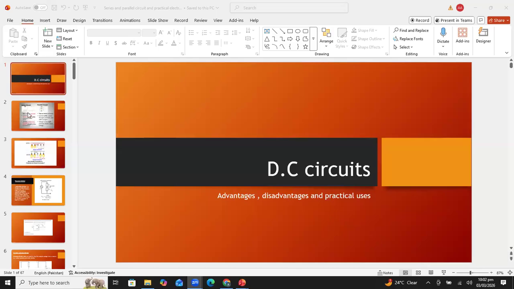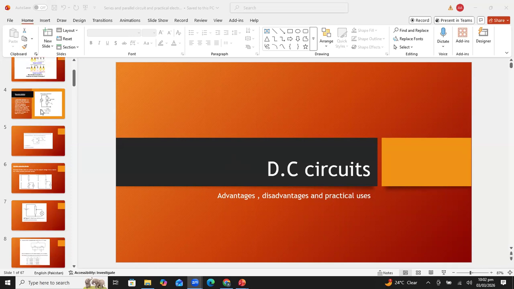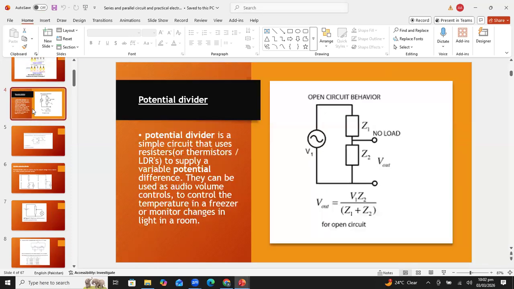Third chapter of electricity, that is practical electricity. In this chapter, first we will learn about the potential divider. The potential divider is a very important concept because most of the MCQs are related to this topic. Then we will learn about transducers. Transducers can also be operated using a potential divider.